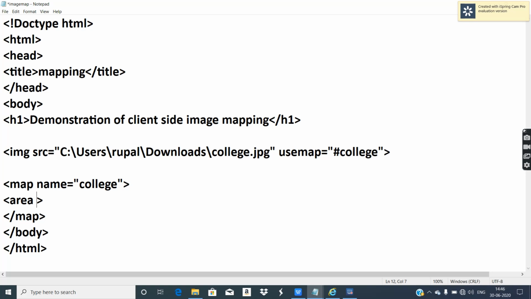Hotspot is nothing but clickable region, where you can click and reach to some another page. So area tag has got four important attributes. First of all, shape. HTML allows to create hotspots in three different shapes. The first one is circle.